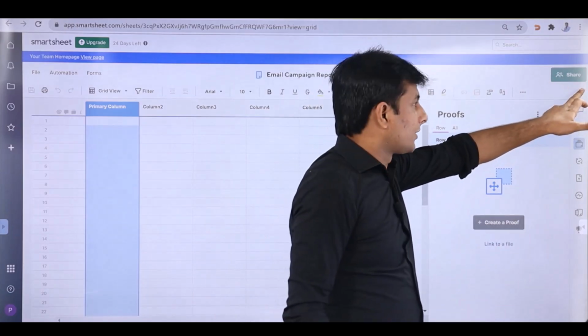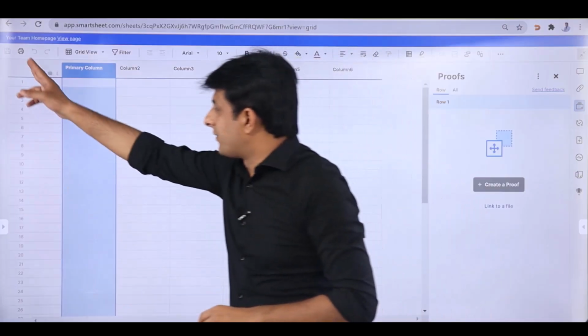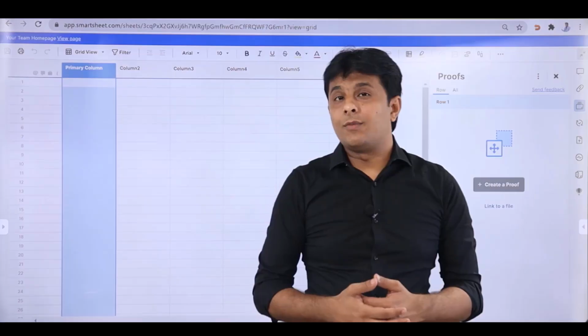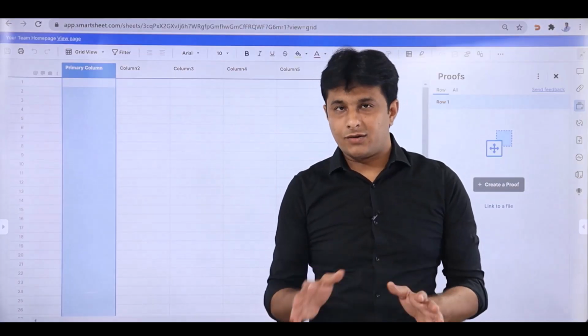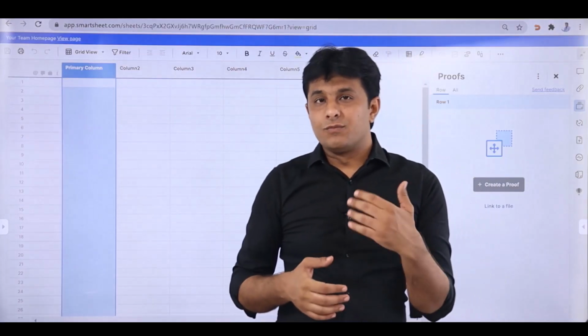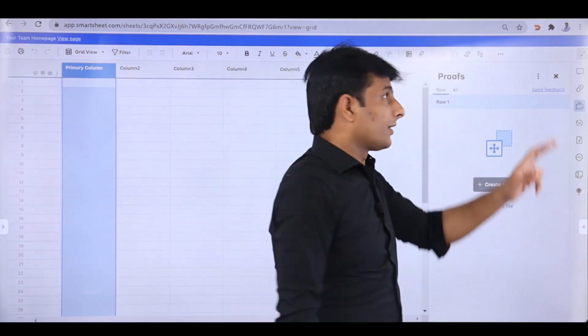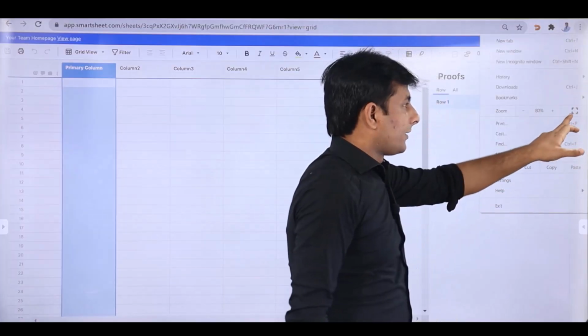Here, if you see, that's a full screen option and you see the left hand side vertical bar has gone away. The top option, which was giving a warning of how many days of trial version are left, has also gone away. But still, if you need more space to work on, you don't need this URL option and the tabs. You can click on these three dots on your browser and here you can see